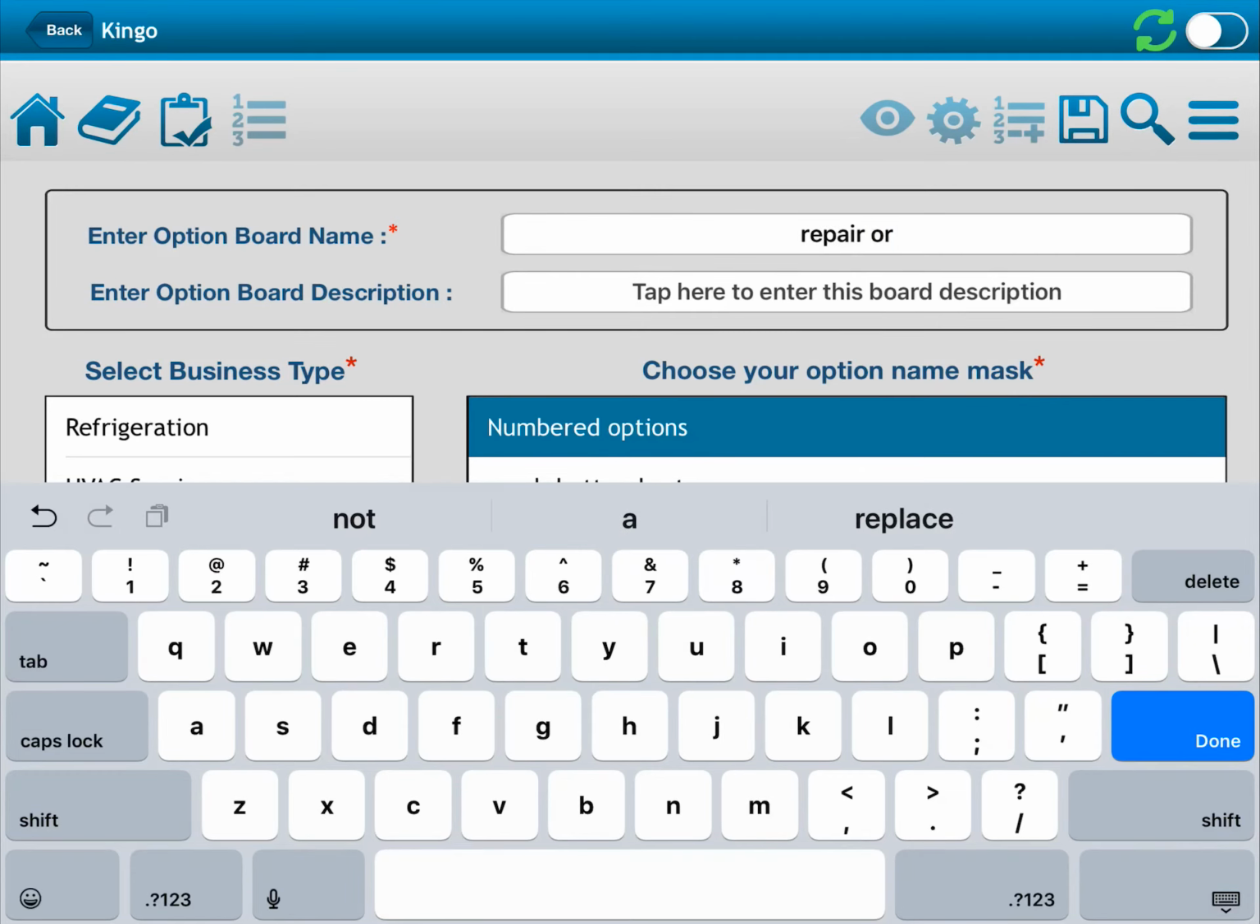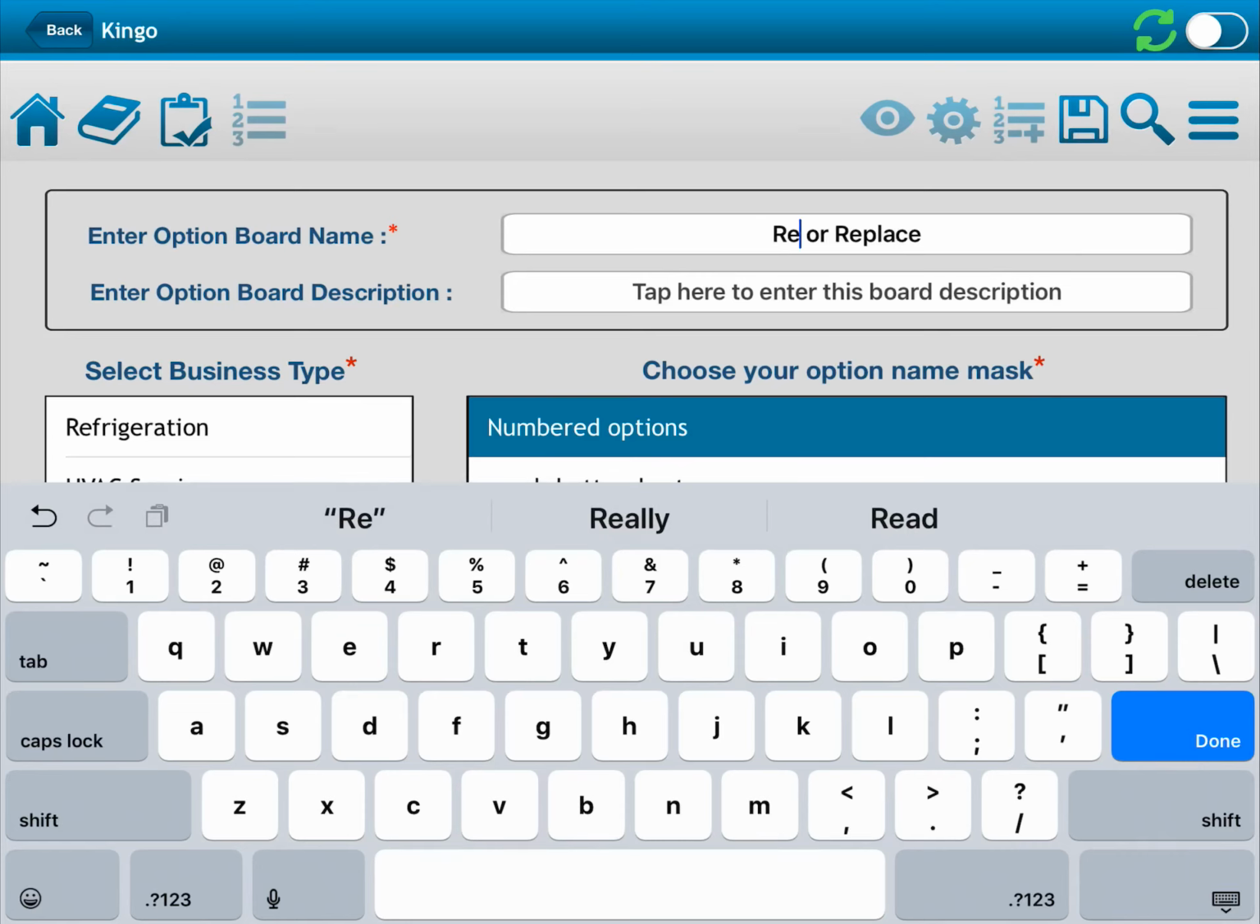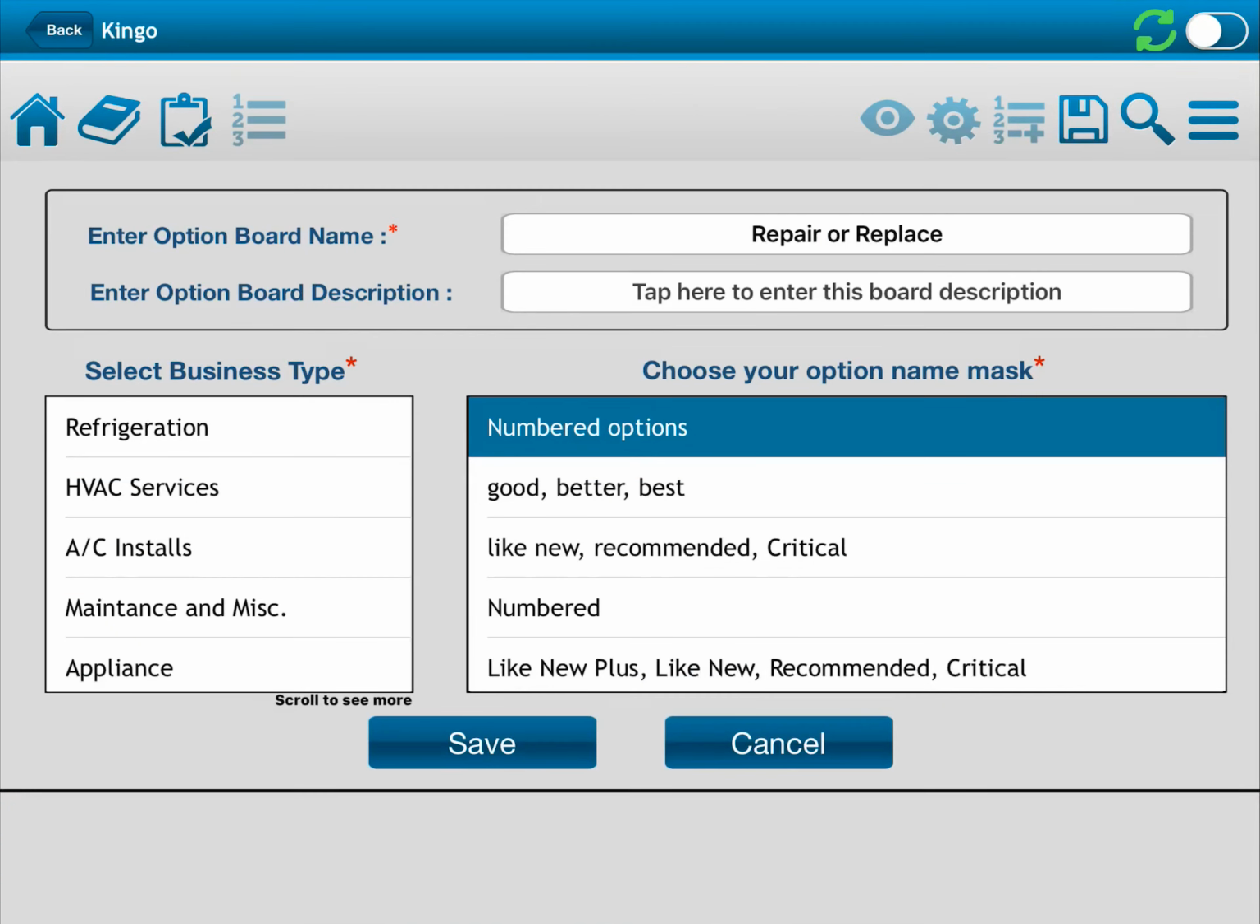or replace. There we have it there. Repair or replace. Okay. It's gonna be HVAC services. So it's gonna be